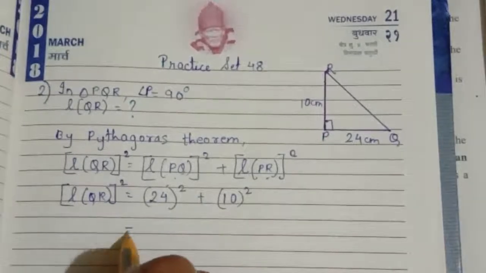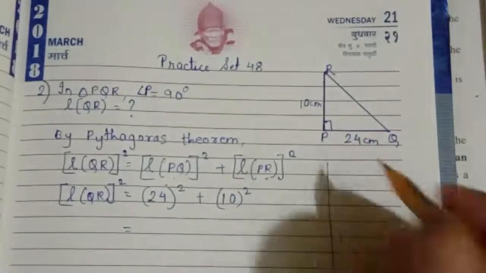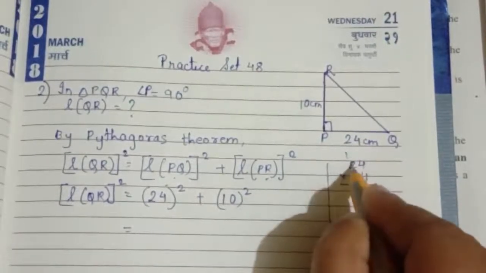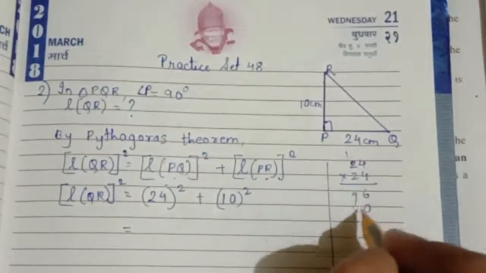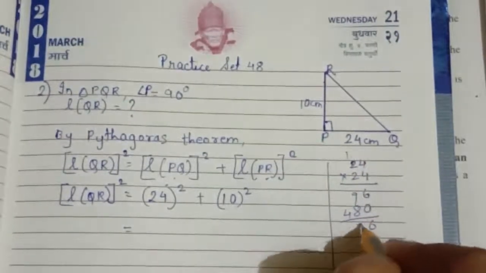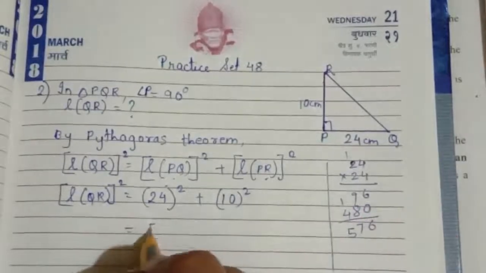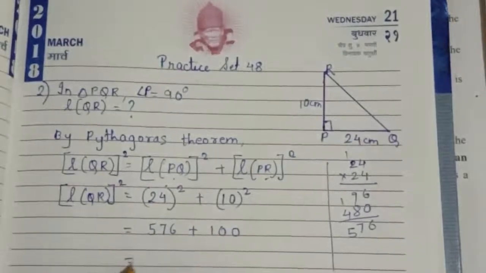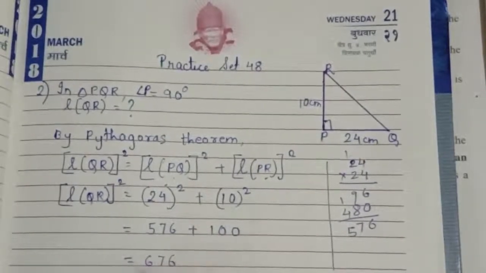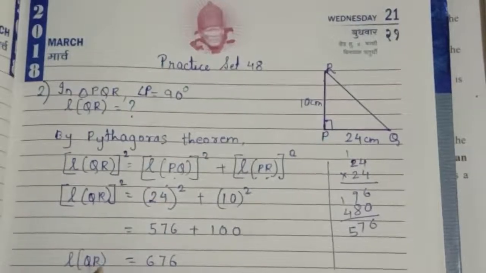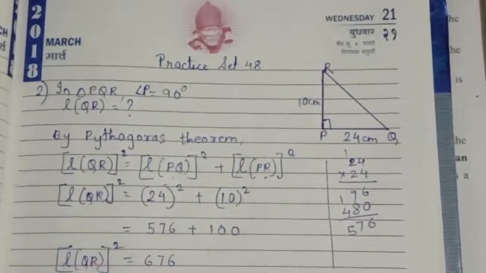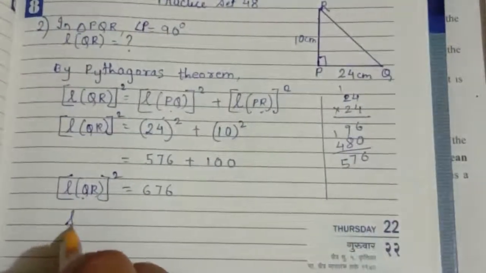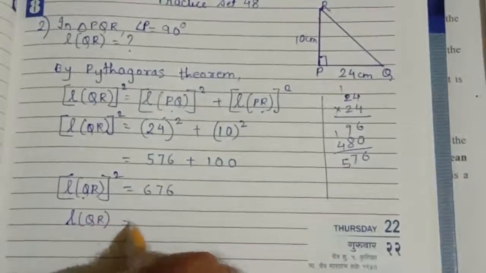Now I am showing you in rough work here, but you will do it in your rough book. 24 into 24: 4 4s are 16, 4 2s are 8 plus 1 is 9, 2 4s are 8, 2 2s are 4, so 576, plus 10 square is 100. Do the addition. It will give us 676, which means length QR's square is 676. Now this square will go to the other side, and only length QR is equal to root of